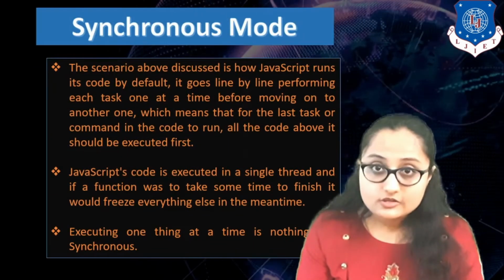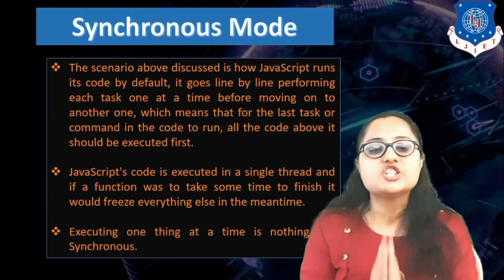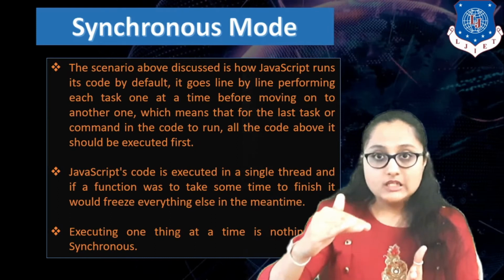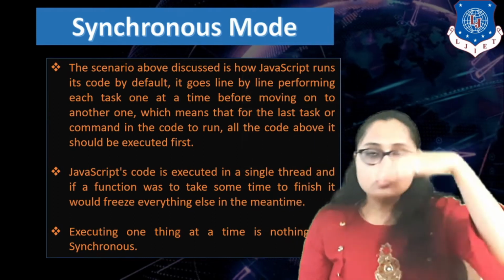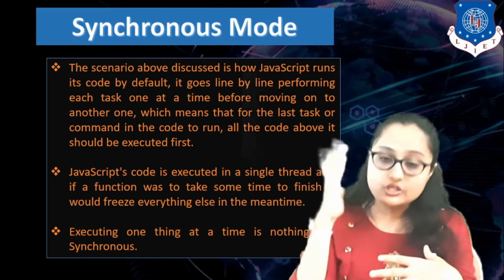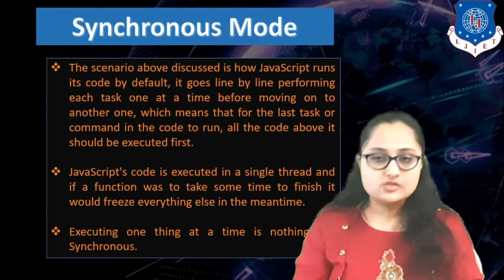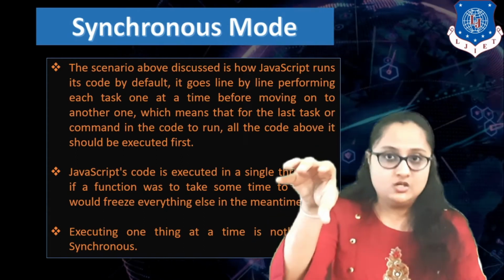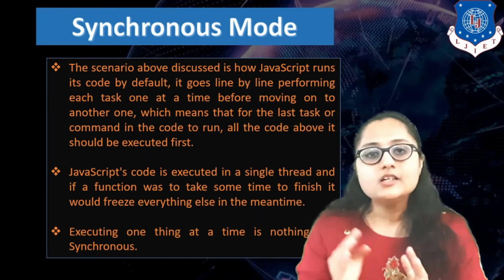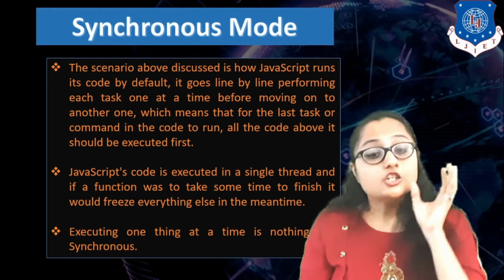Okay, so what do you mean by synchronous mode? The scenario which we have discussed above is known as synchronous mode, and this is exactly how our JavaScript code is run by default. It goes line by line, performing each task at a time. Right. So whatever you have written at the topmost of the script in JavaScript, that is executed first. Whatever function you have written in the upper portion of the script, it is executing that function and then moving towards the downward side. As soon as it completes task 1, that is your first portion, then only it jumps to the second task. Simultaneous completion is not performed in JavaScript. So what does this mean?